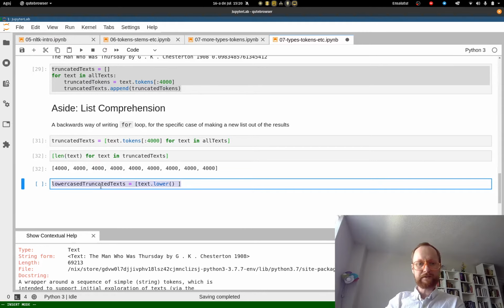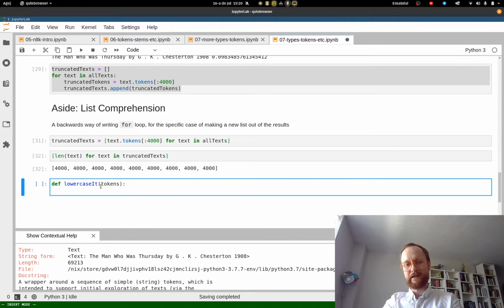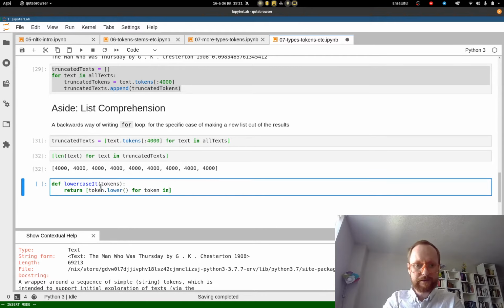So we would have to do this differently. We would have to write a function that would say lowercase it, and it would take some list of tokens, and it would return